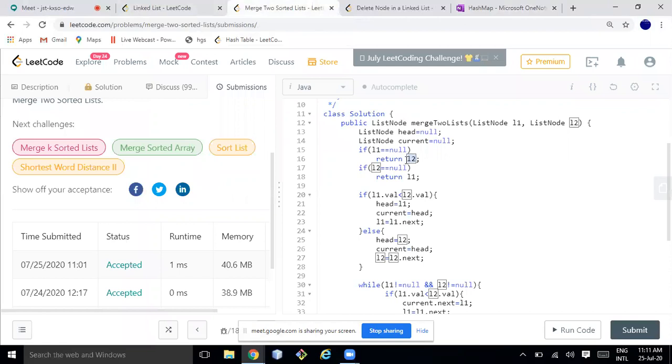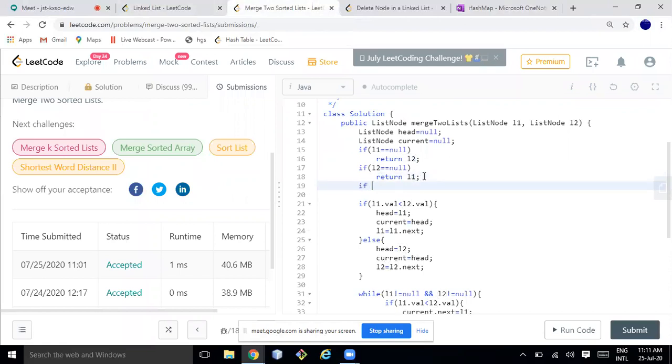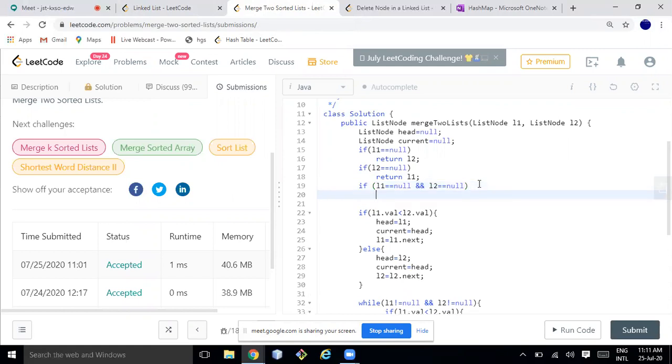You can handle that scenario also. I didn't, but if L1 is equal to null and L2 is also equal to null, then you will be returning null. Or by default, I would say this scenario is handled.